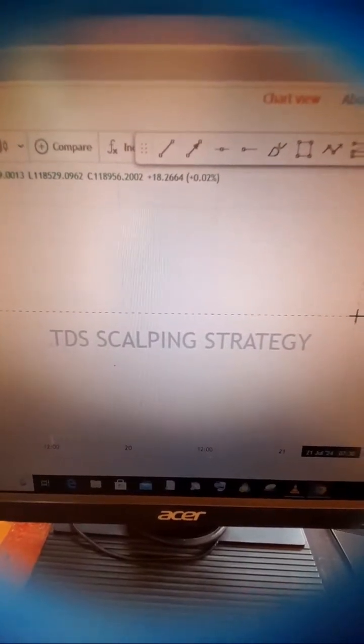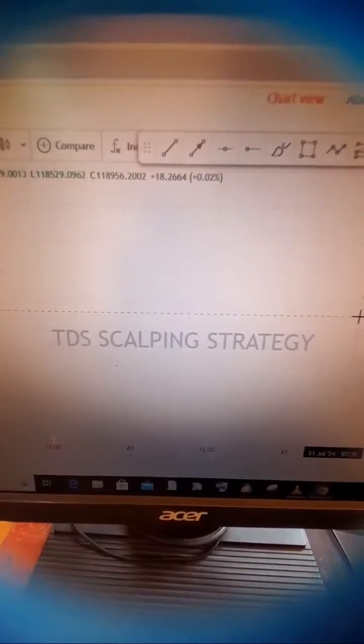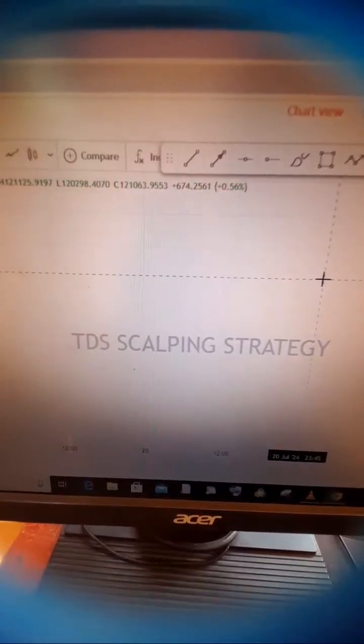This TDS scalping strategy is so amazing and simple. So grab pen and paper. You will be noting down some things, some notes which we are going to be discussing. As TDS divers, when we are scalping our Vix75 index, we always start